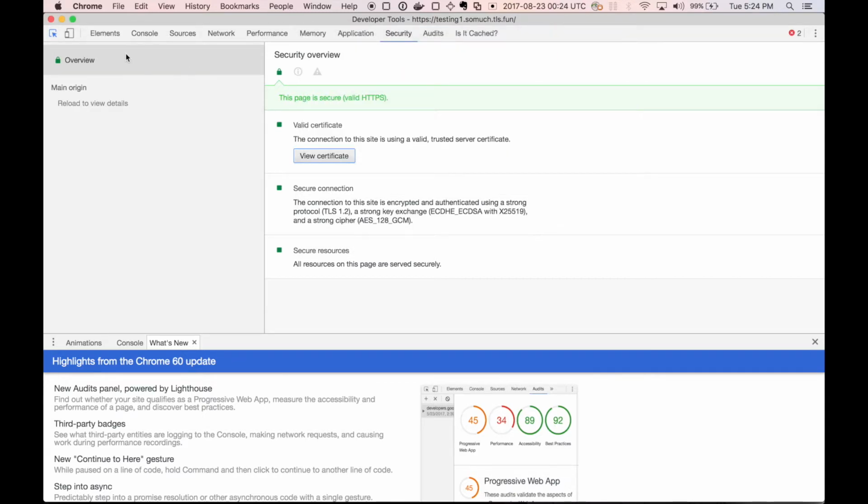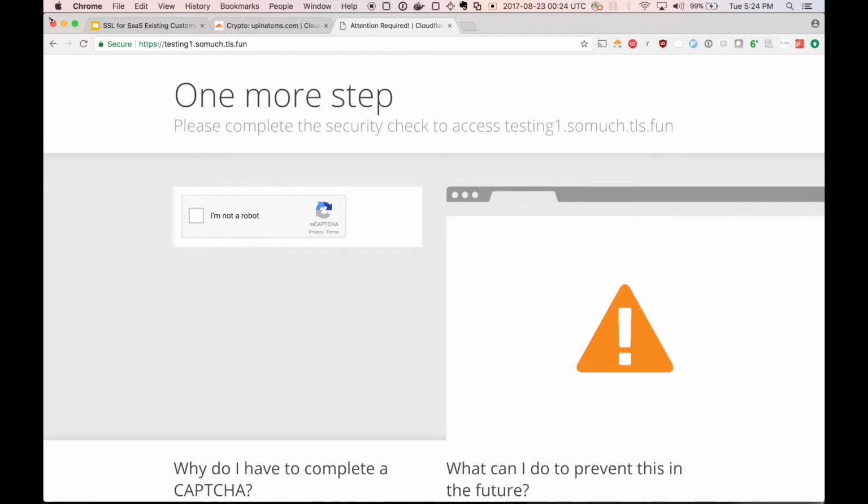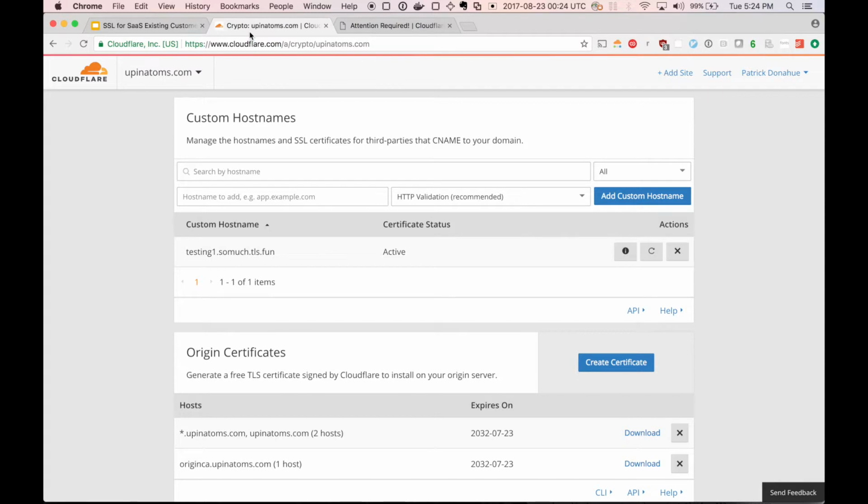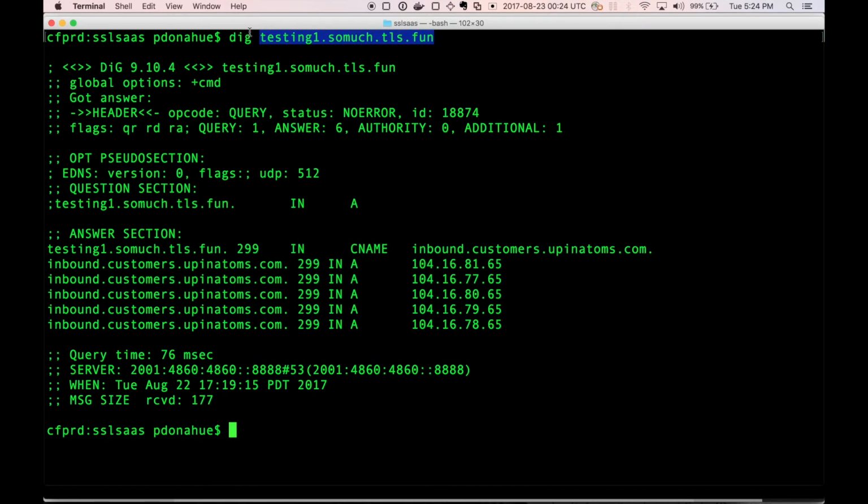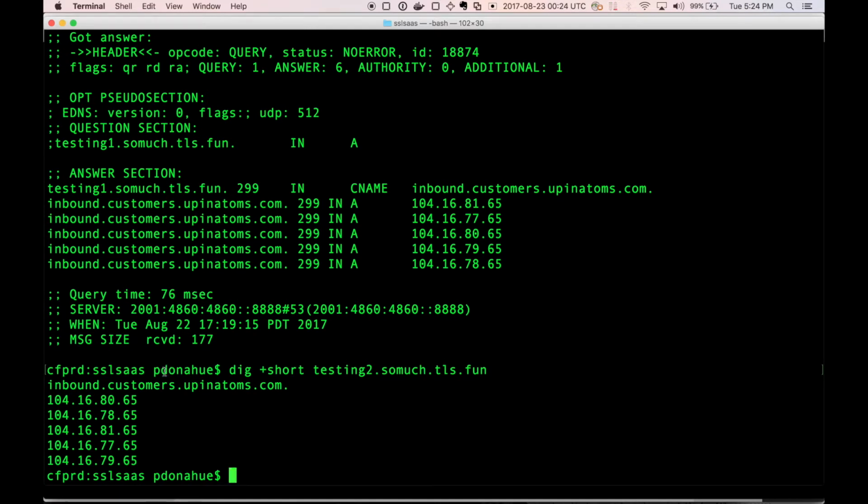Okay, terrific. So now that we've looked at the UI, I want to show you how this same process can be handled from the API. So if I switch over here, what I'm going to do is I'm going to actually make that same request for testing 2, which is a host name that you can see is also pointed in there. And if we take a look in curl, just to confirm that there's no certificate live,